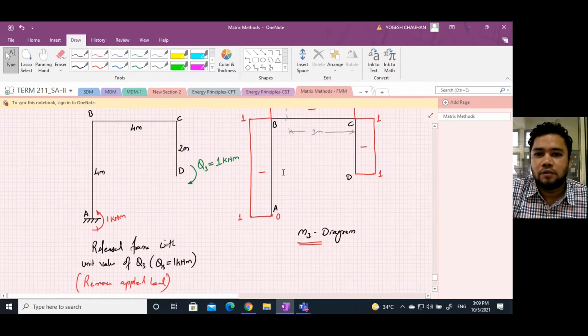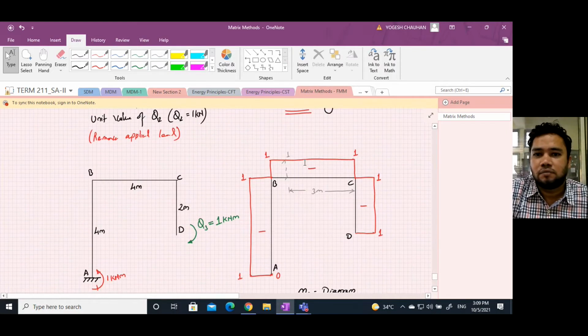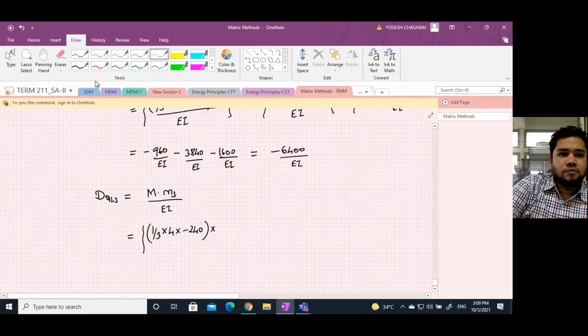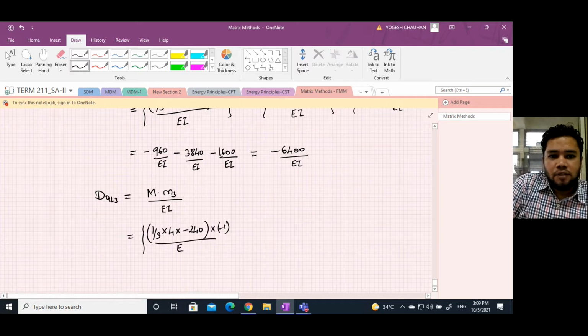So you multiply it with minus 1. This is a negative diagram, so take minus 1. So multiply it with minus 1 divided by EI